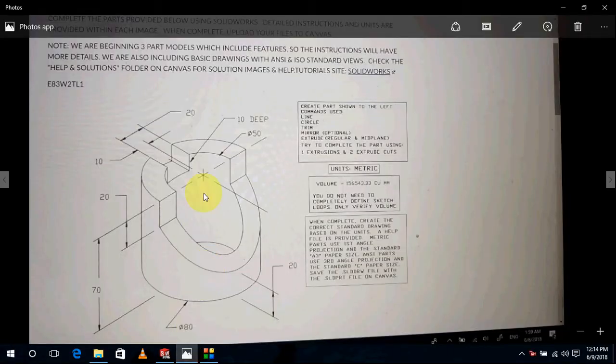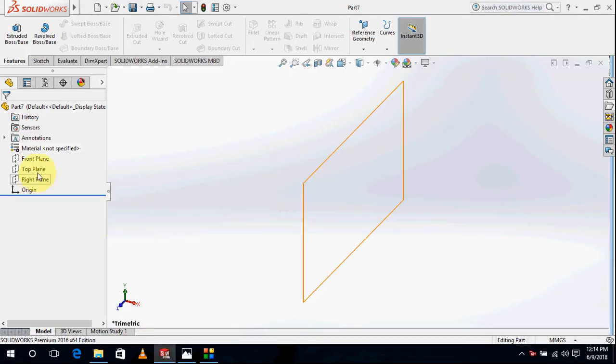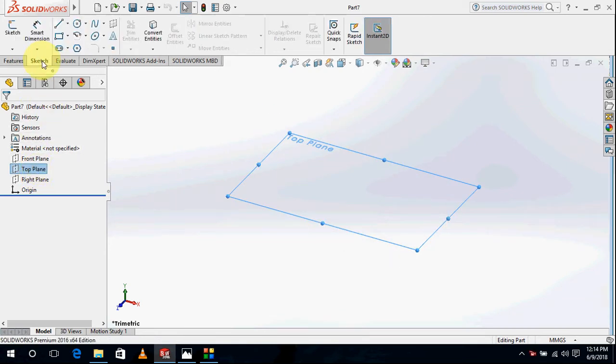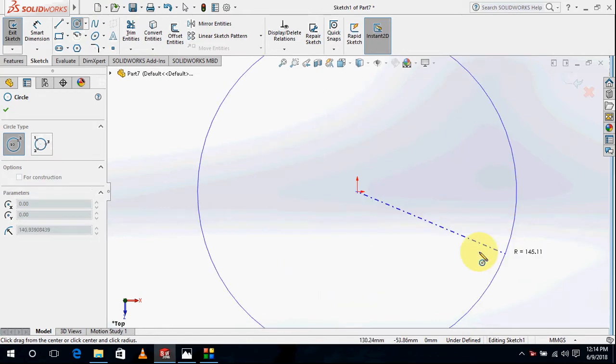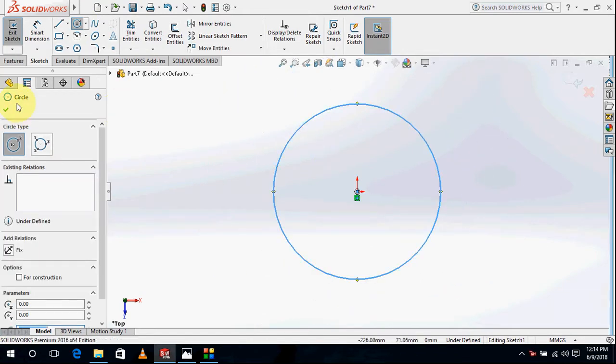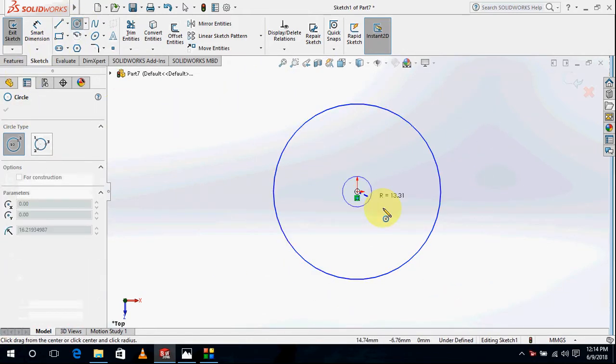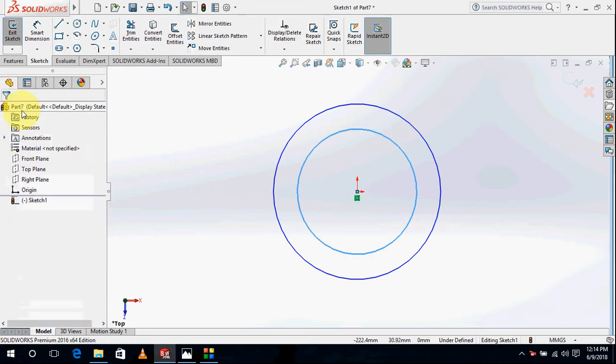Okay, we have to work. This cylinder is vertical, so we will draw on the top plane. Select top plane, go to sketch, features, and make a circle, and make another circle also. Click OK,